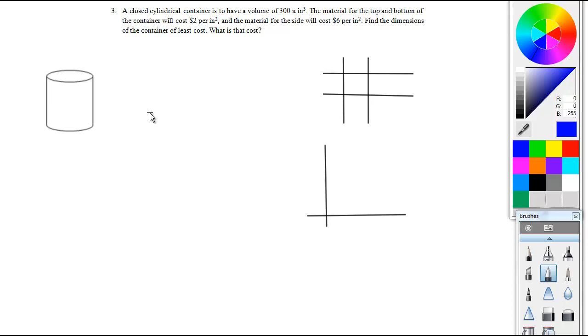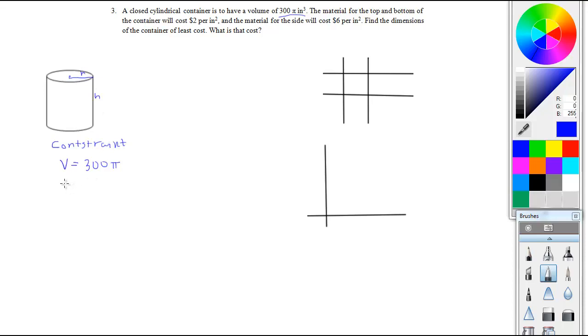So this is cylinders problem number 3, and it's a closed cylindrical container is to have a volume of 300 pi cubic inches. So this information here is the constraint. And so we know for the constraint then that the volume is required to be 300 pi, and the volume of a cylinder involves the radius